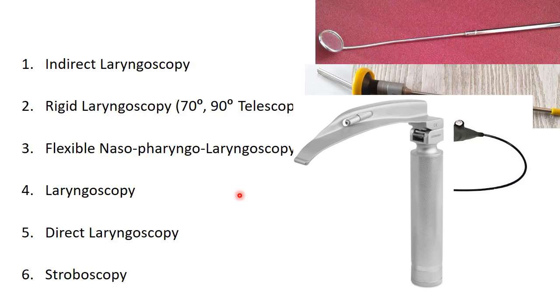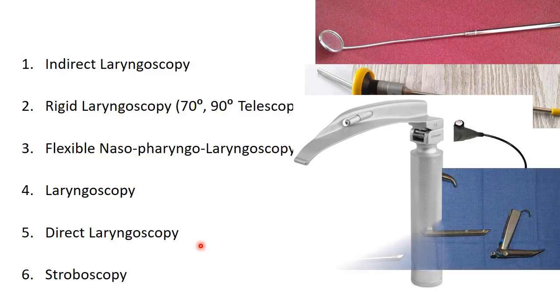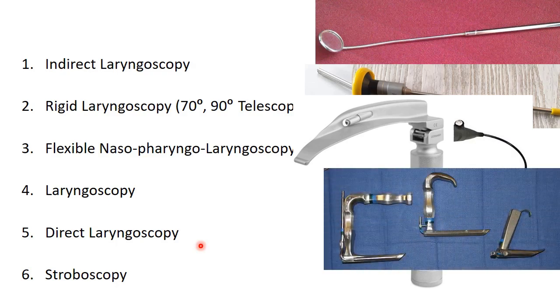But for the last point which I said, for biopsy, the other method, which is the direct laryngoscopy, is used basically. But the difference between direct laryngoscopy and all other methods is that direct laryngoscopy is only done under general anesthesia to remove any foreign body, to take a biopsy or remove any polyp or nodules or any mass from the vocal cord region. Again, it requires a light source.